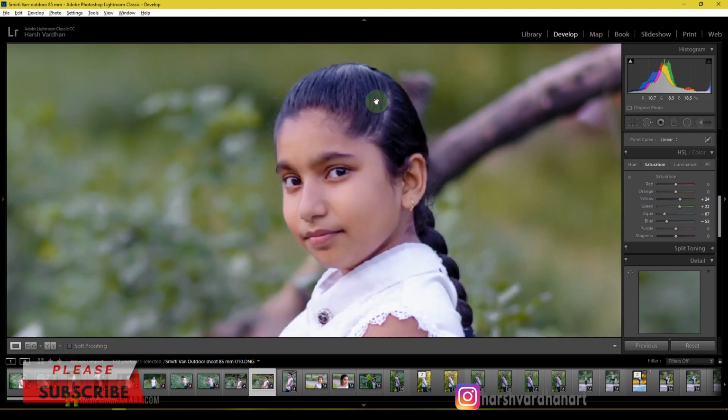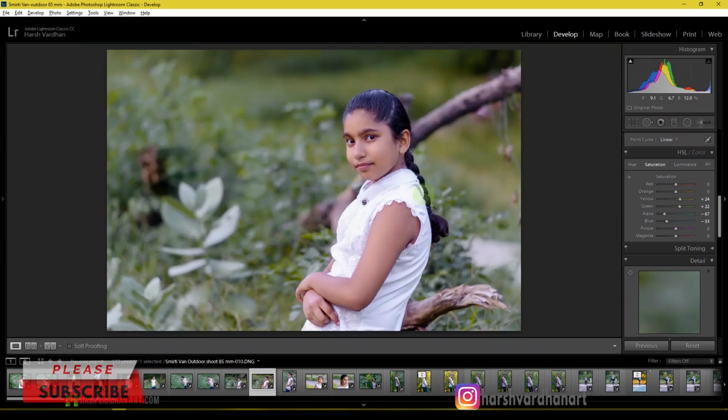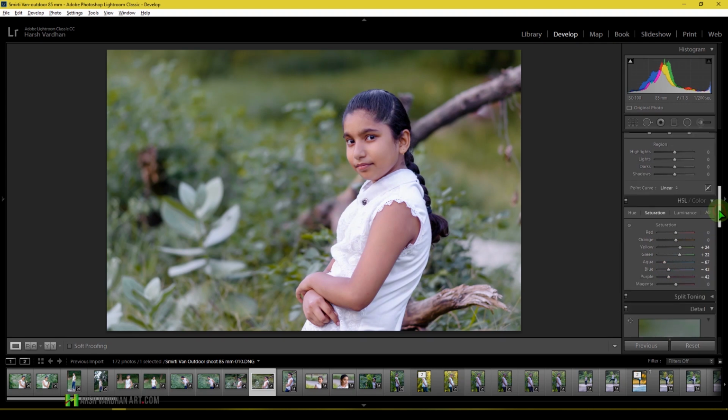Okay, so as you can see in the hair we have the blue color or blue cast. So I'll bring it down something like this, and purple as well. Let's see. Okay, a little bit of purple, and now this one is looking much better. So if I just turn this on and off, you can see